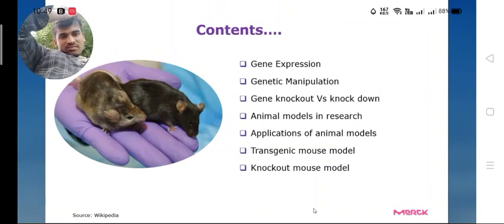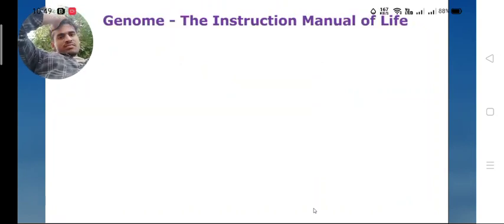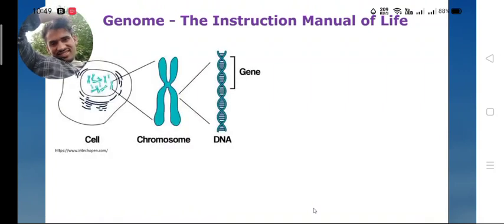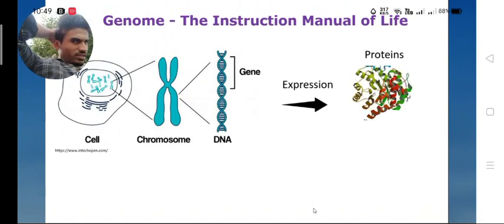Right. So first is the genome. Let's understand what the genome is and why we say it's the instruction manual of our life. The genome is present inside the cell in the nucleus in the form of chromosomes, and all the chromosomes are made up of long chains of DNA, and these long chains of DNA consist of genes. Roughly in humans there are 25-30,000 genes, right? And when a gene is expressed, it codes for a protein. And proteins are the key biomacromolecules which actually perform all the functions inside the cells.